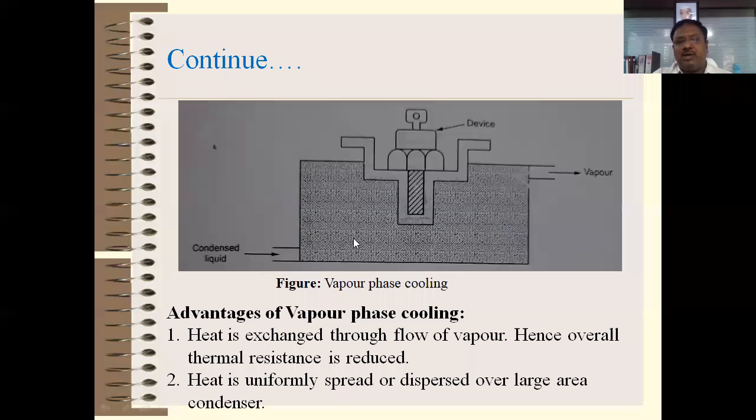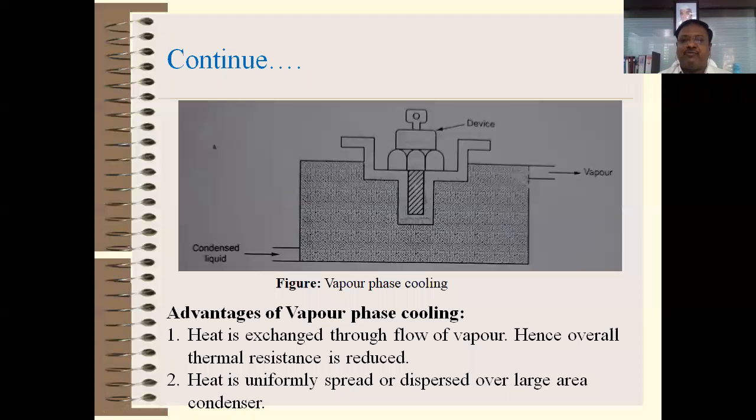So in this diagram there will be a tank in which the Freon 113 coolant is installed, or maybe filled. Then the device with heat sink is directly immersed or dipped into the coolant, and the boiling temperature of this particular coolant is 47 degrees Celsius. So whenever the heat sink is heated, and if the temperature of the heat sink is more than 50, this particular coolant temperature increases to 47 degrees Celsius, then it starts to generate the vapor.